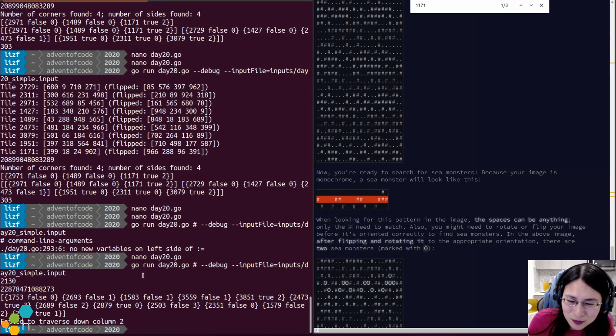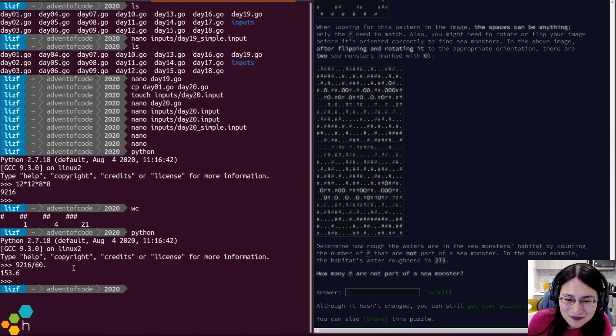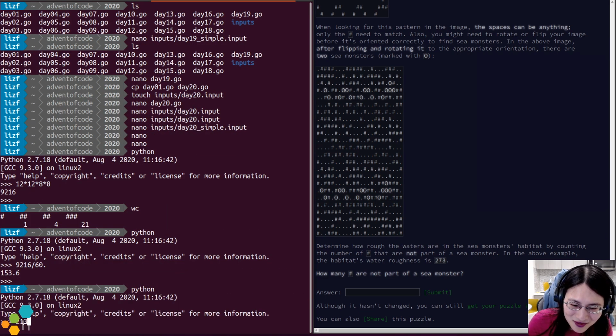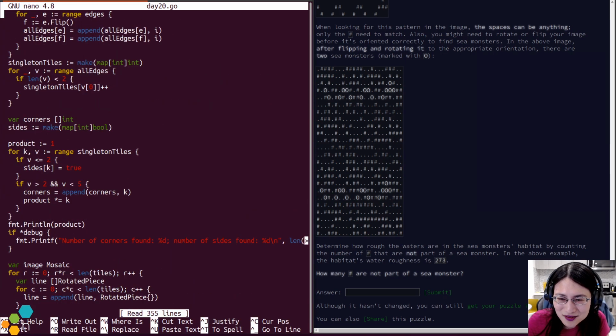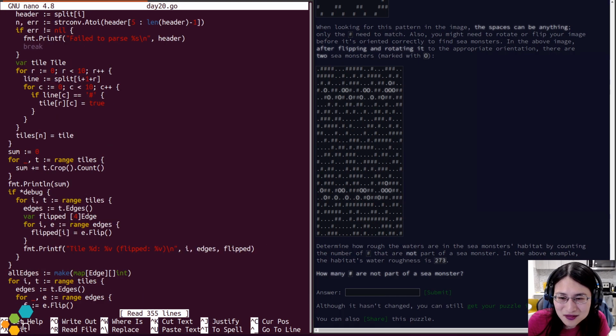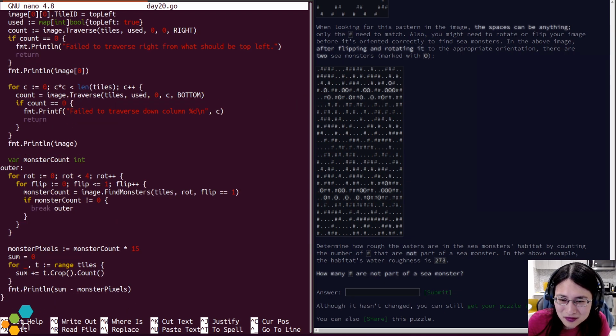So there are 2130 set pixels. So 2130 minus, how many did I say? There are 16. 15.